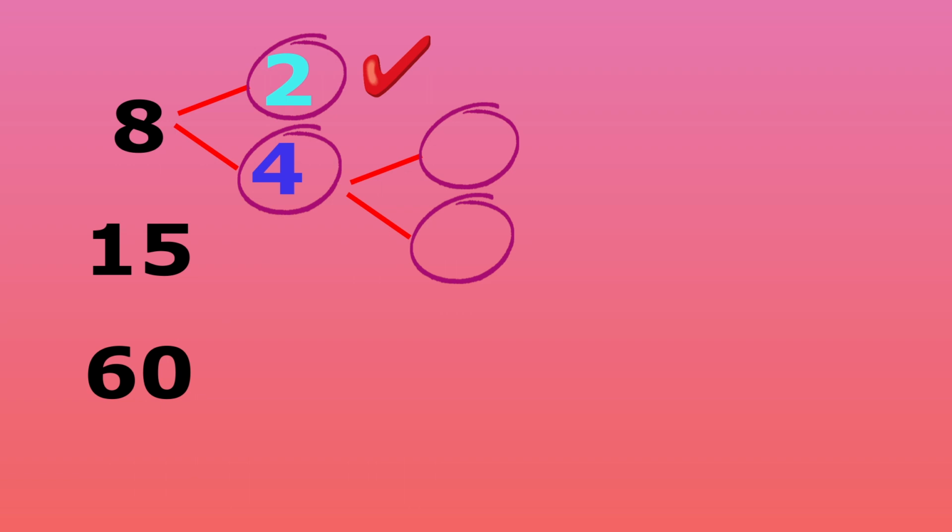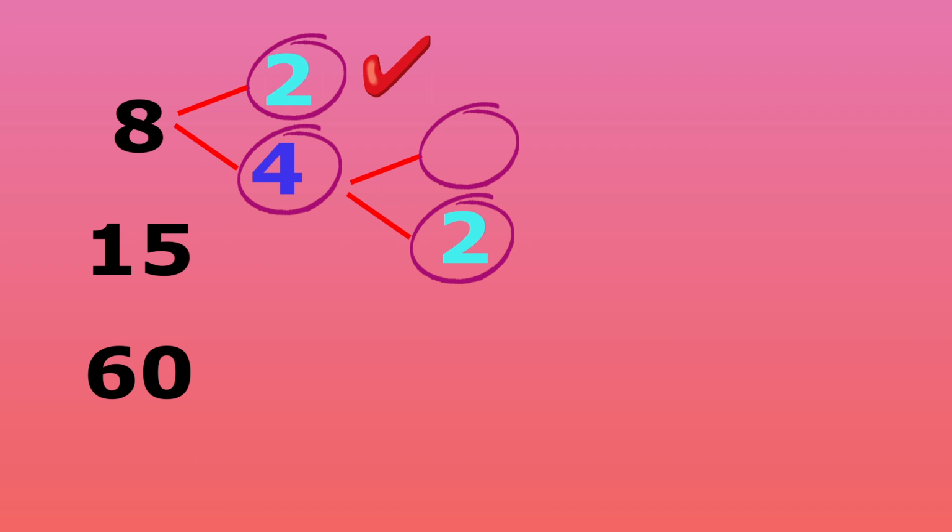To do that, we'll find the smallest prime number that divides 4. Remember, if a number divides 4, it is a factor of 4. Well, 2 is the smallest prime number and it also divides 4, so 2 is a factor of 4. If you want a factor pair of 4, we have to find another number which, when multiplied by 2, gives the number 4.